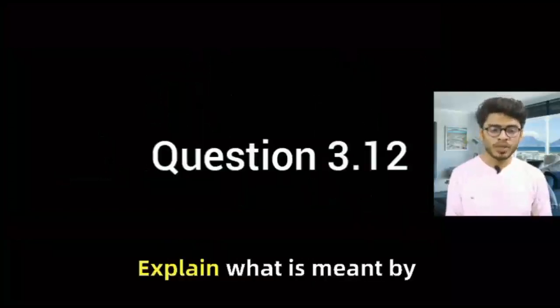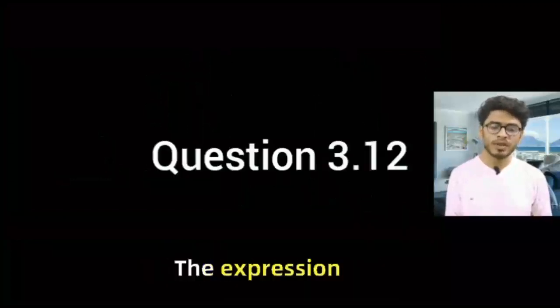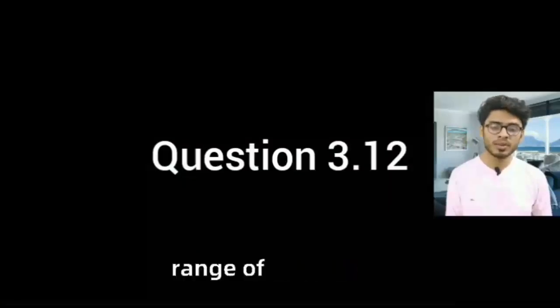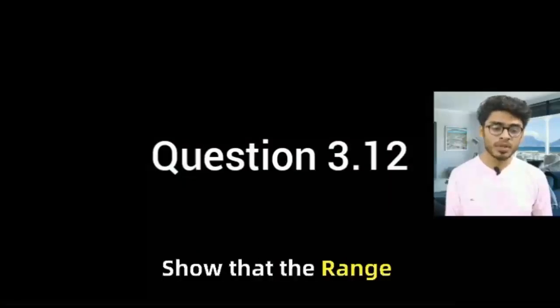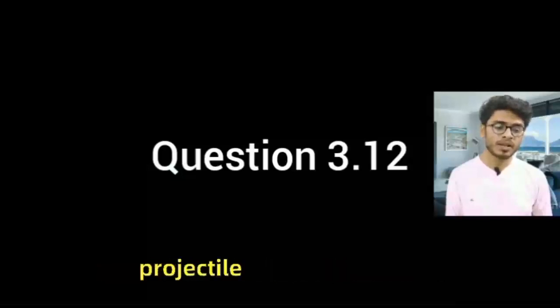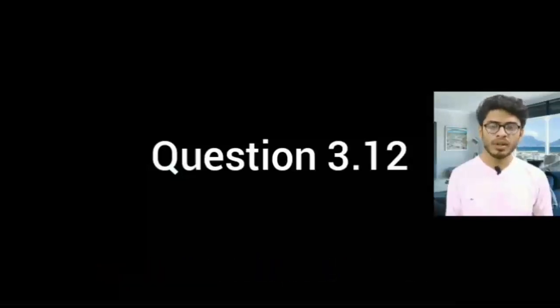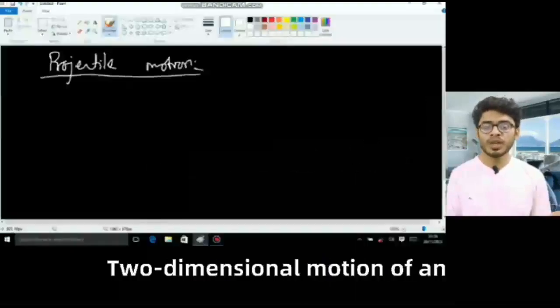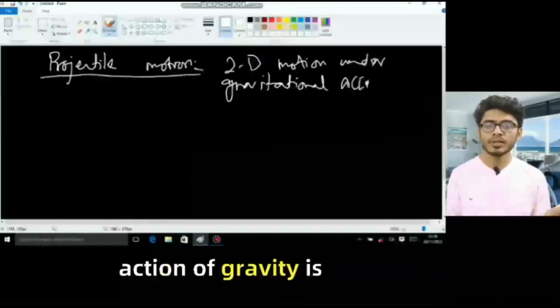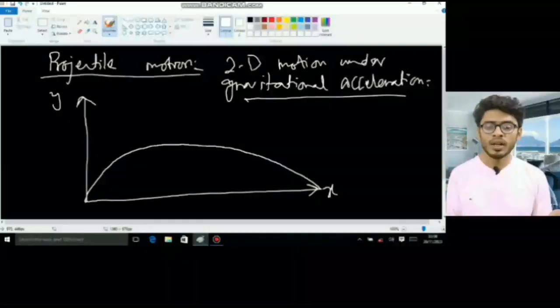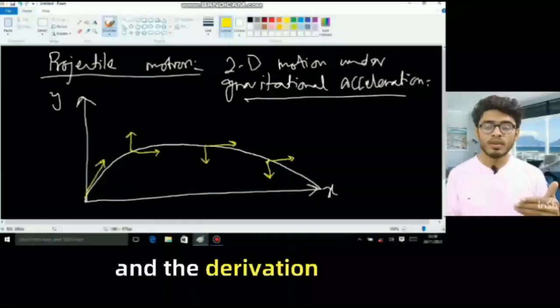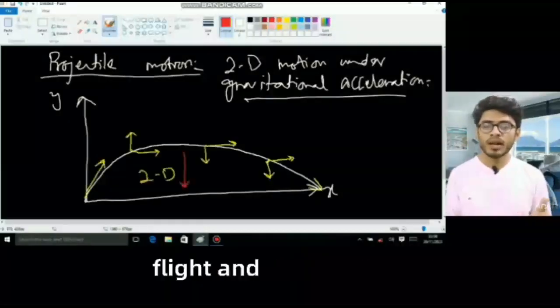Explain what is meant by projectile motion. Derive the expression for time of flight and range of projectile. Show that the range of projectile is maximum when the projectile is thrown at an angle of 45 degrees with the horizontal. Two-dimensional motion of an object under the action of gravity is known as projectile motion, and the derivation for time of flight and the range of projectile is given as,